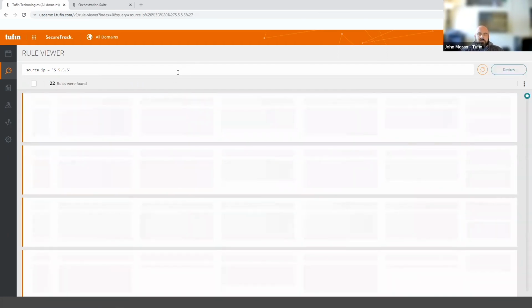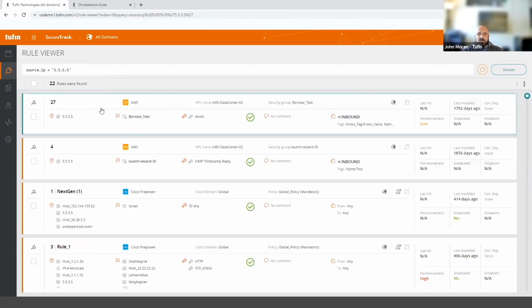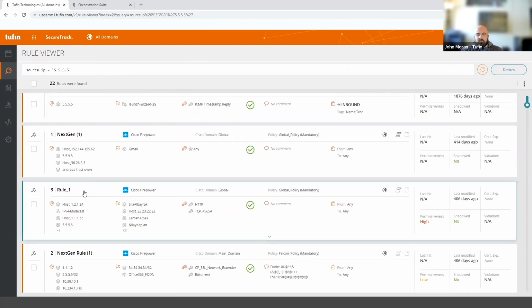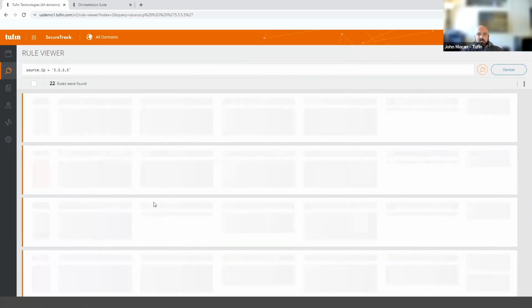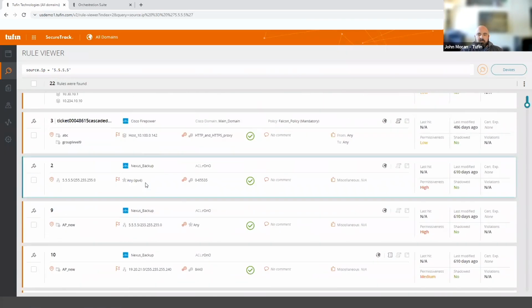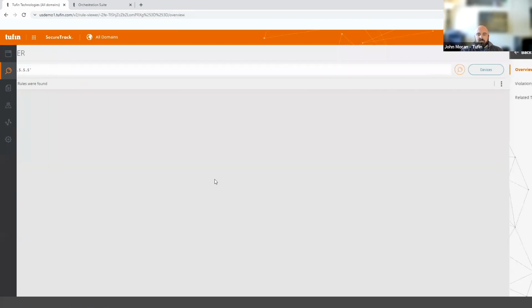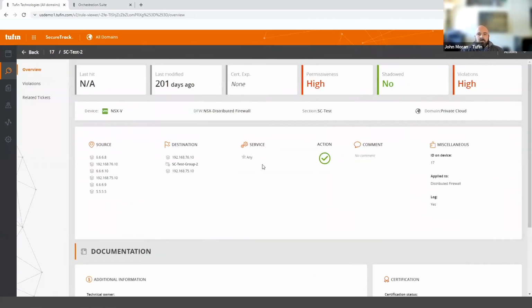And the other thing I can do from here is double click on any one of these. So let's just take, I don't know, Firepower as an example here, right? I can click on any one of these and see the policy details in a very normalized way, right? So if we see here, this is the Firepower rule that I just looked at. Let's scroll down and let's find something that's not a traditional firewall. How about NSX? So here's our NSX policy, right? Very, very different, fundamentally different technology, but we're bringing this together in a very unified experience so that you can